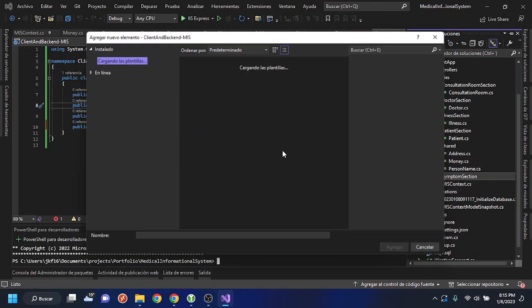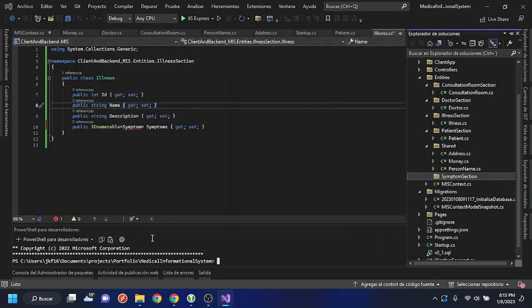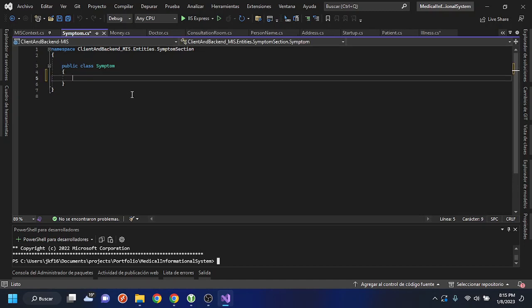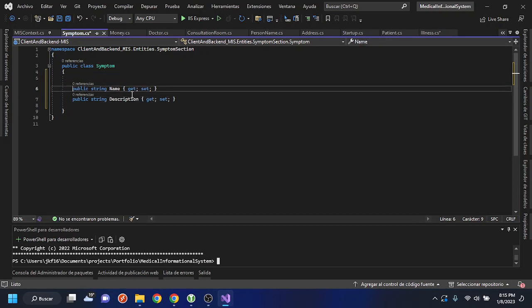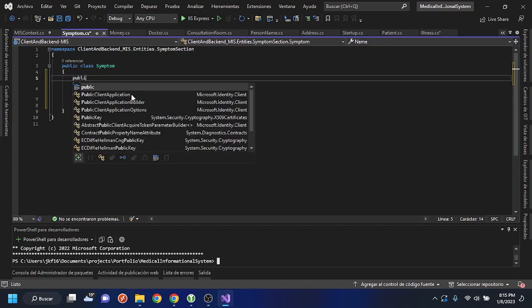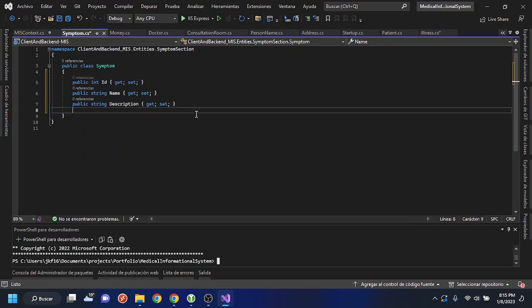I'm going to create class Symptom.cs. And what a symptom has, it has a name, it has a description, of course it has an ID, public int ID, get set. Okay, symptom has a name, a description,